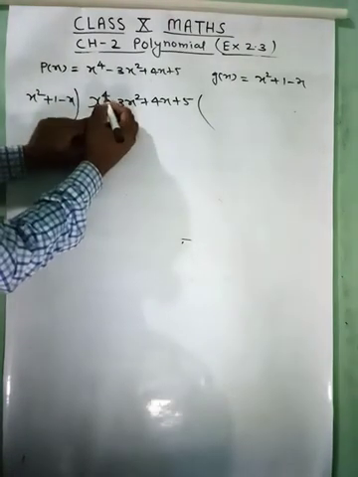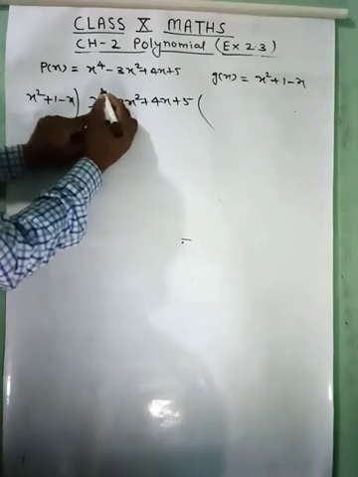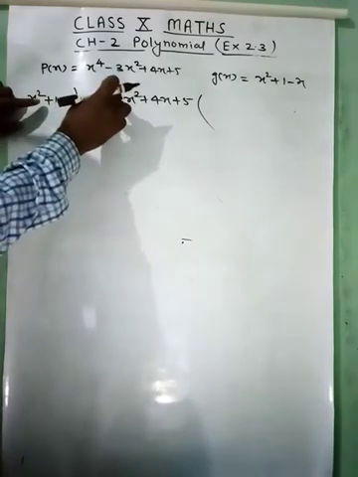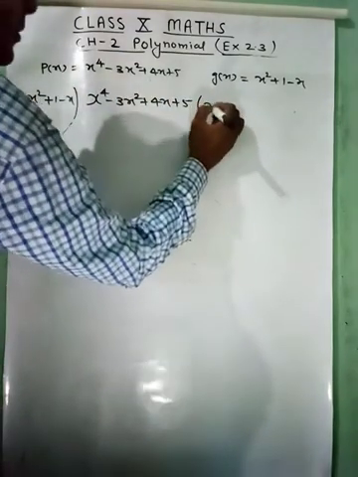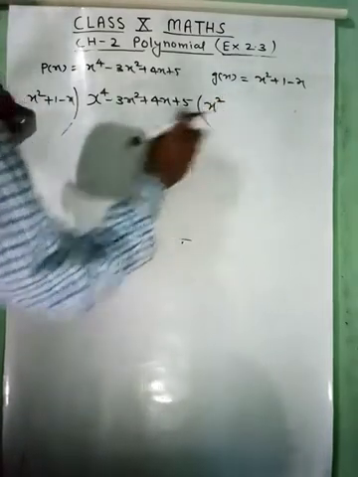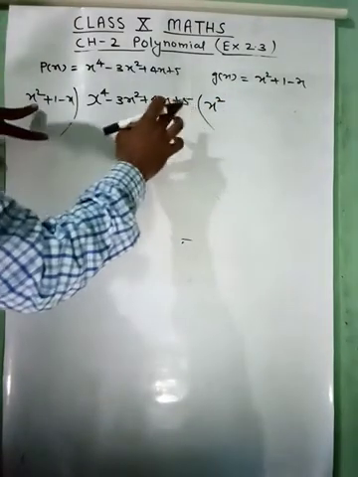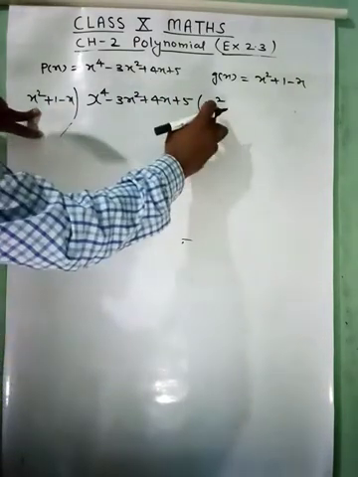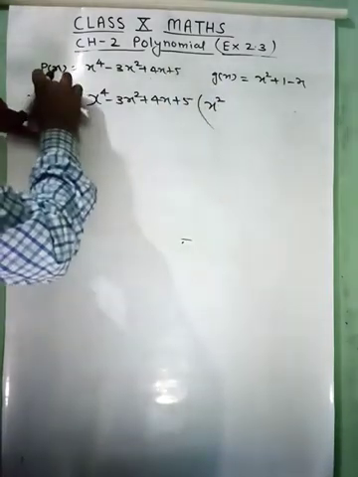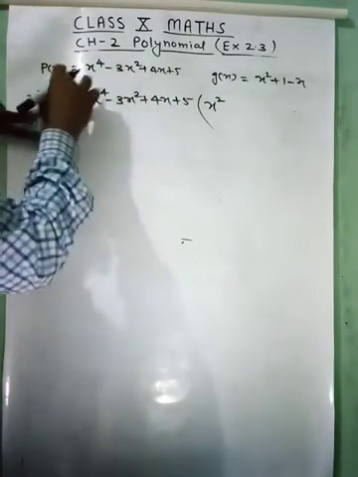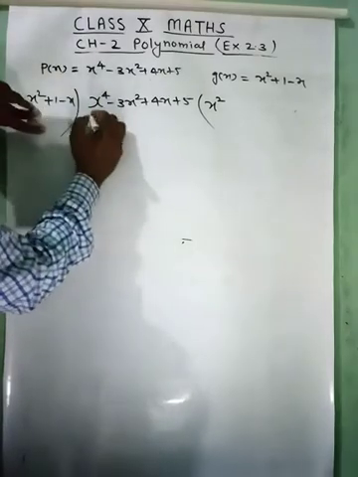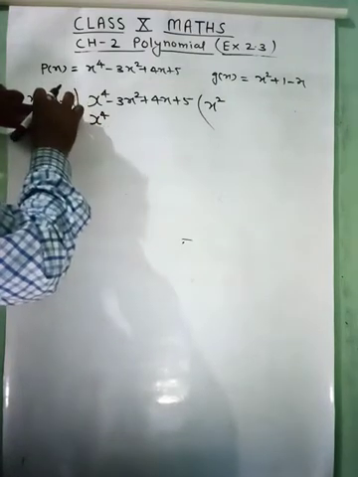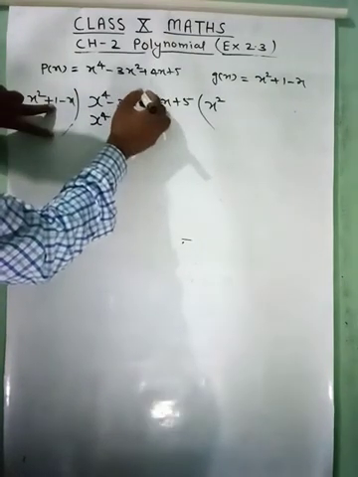We see here the power of x is 4 and here the power of x is 2. So to make x power 4 we will take here x square. You know that when variables are multiplied, their exponents are added. So its power 2, its power 2. When this is multiplied in this g(x), it will be x to power 4, and x square into 1, x square, will be seen.